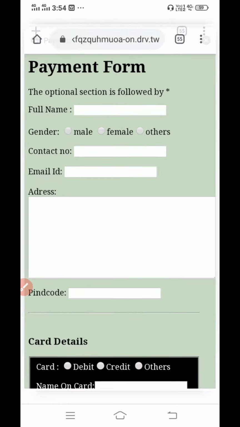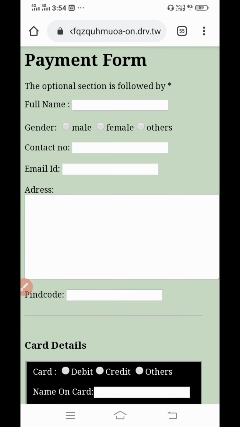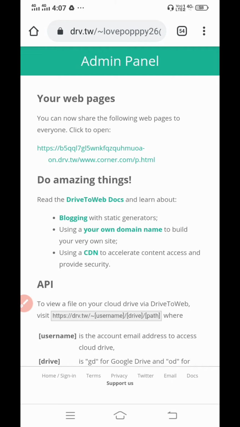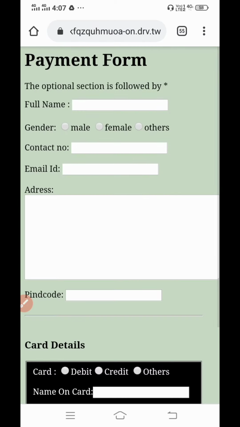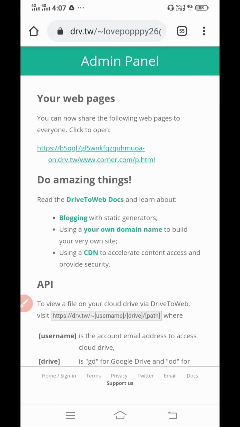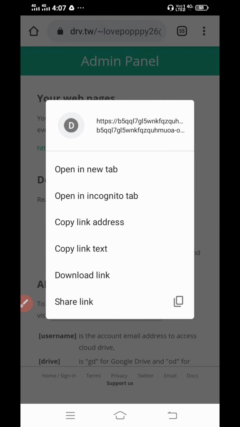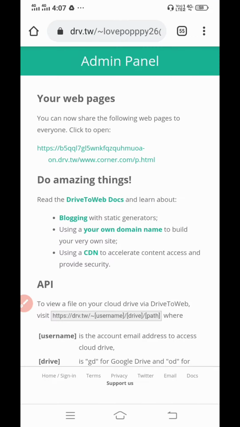So now we will need a domain name. Now we have hosted our website for free on Google Drive. We will need a domain name because you can't share this big link or remember it. There are tons of websites where you will get a free domain name like namecheap.com and you can search it on Google. But I'm gonna use the easiest way, and that is double click on it, copy link address,